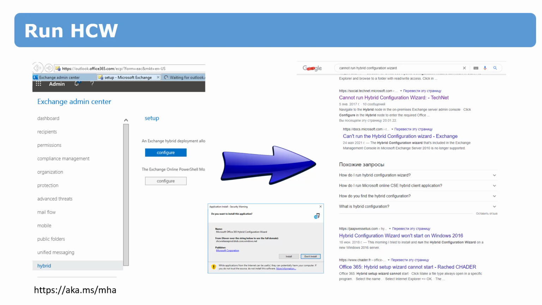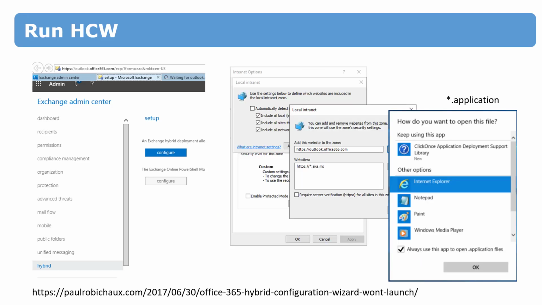And one of the most favorite search questions: why can't I run the Hybrid Configuration Wizard? Usually you open the Hybrid Configuration Wizard in Exchange Admin Center, but it will work only if you use Internet Explorer. You cannot use Edge or Chrome or other browsers. And if all is well, you see the installation window, but if you don't see this window, there are several ways to cope. The first way is to add a link,